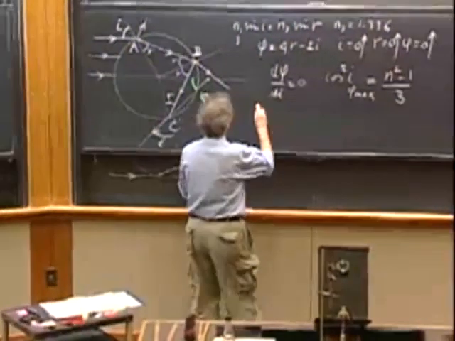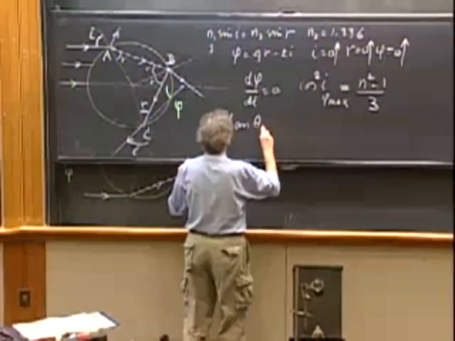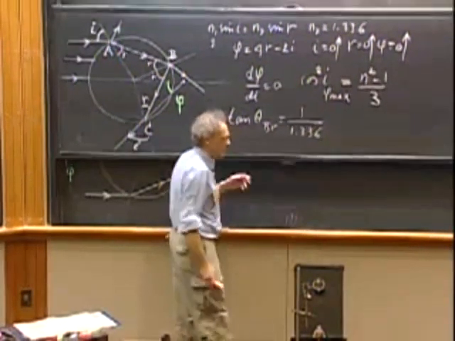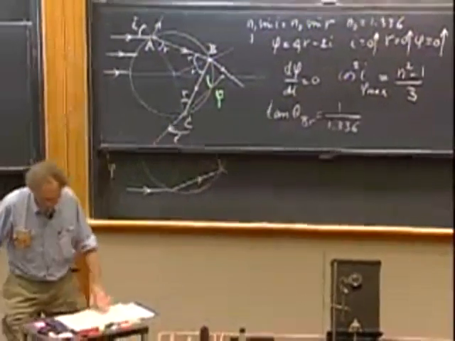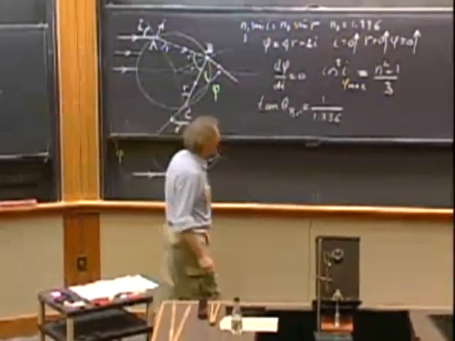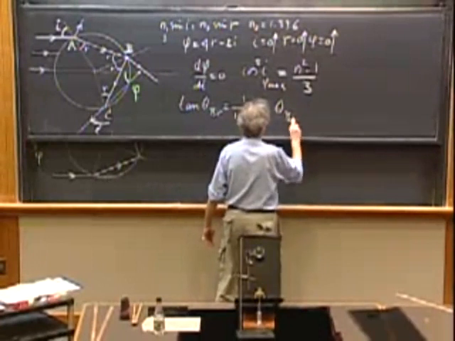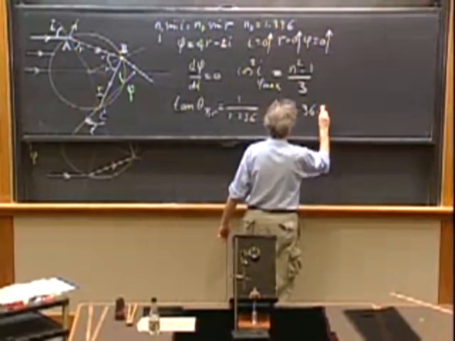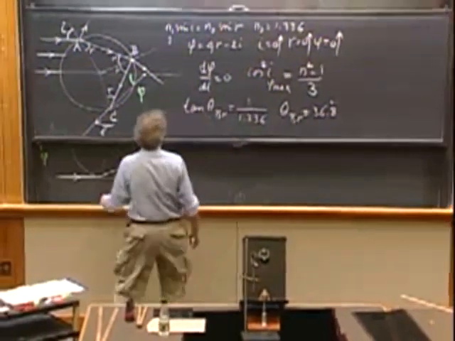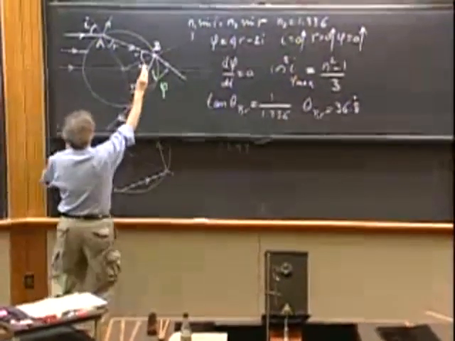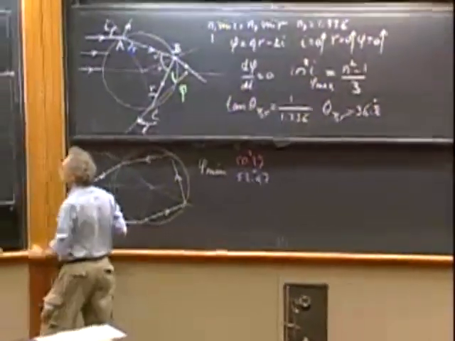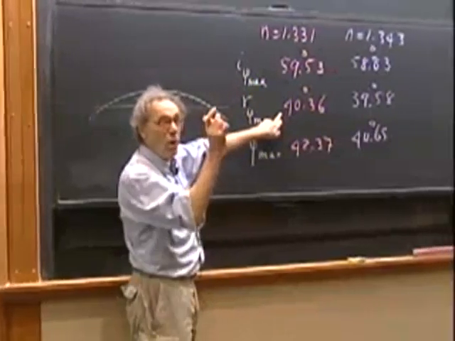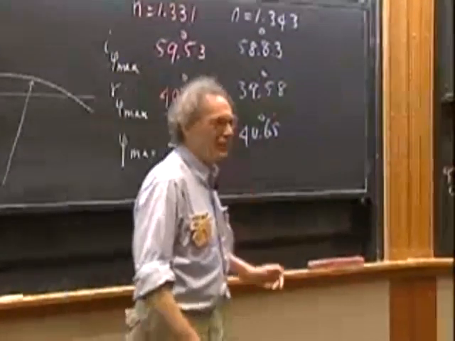Remember, the tangent of the Brewster angle, in this case, would be 1 divided by 1.336, if I take this as the average index of refraction for light. That leads then to a Brewster angle, theta Brewster, of roughly 36.8 degrees. But remember that R, this angle of reflection, when you make the rainbow, that R is 40 degrees. That's where the colors come from. Well, that is only a few degrees away from the Brewster angle.